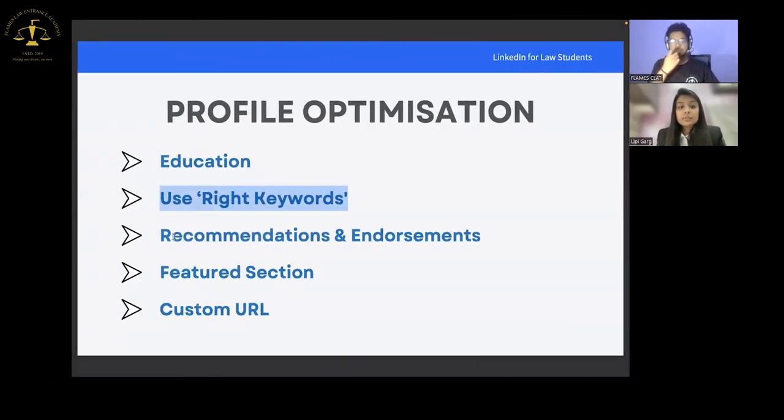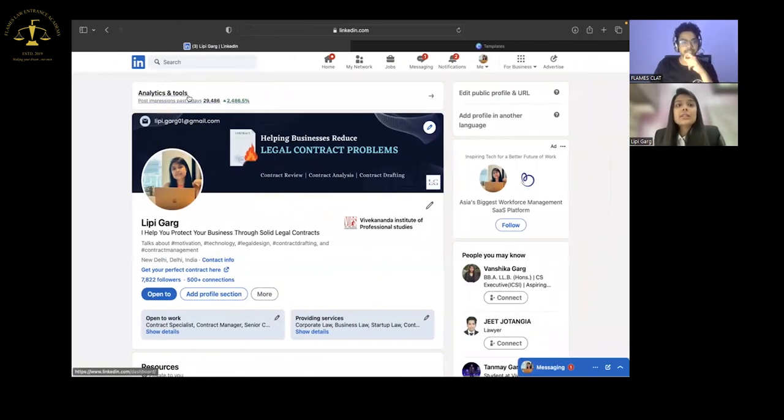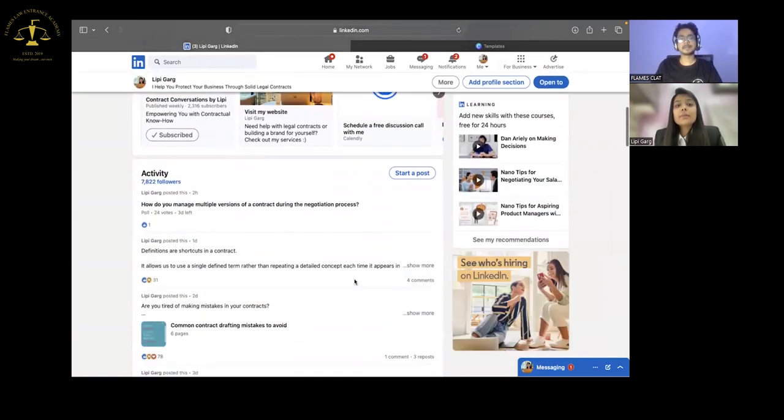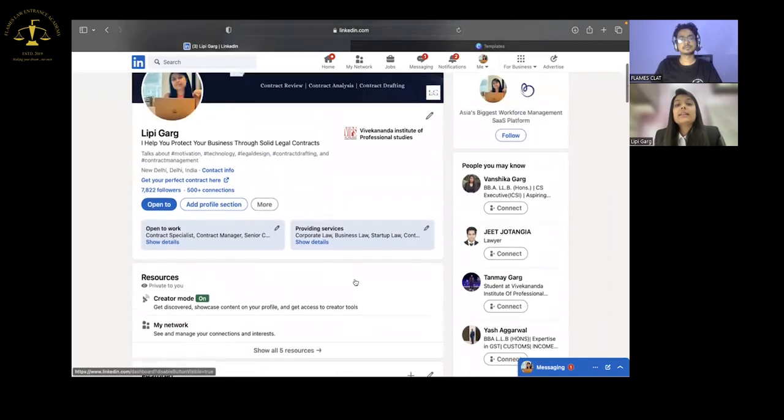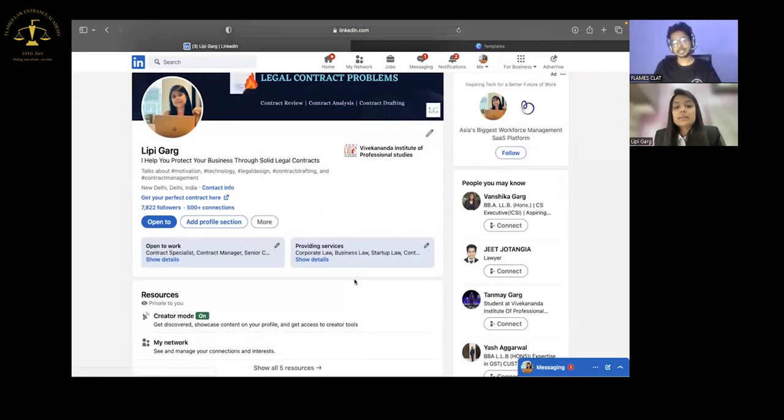So tell me. And on that profile we can also see what impression we are making, in the last 7 days, in the last 30 days. I can see that it is increasing. All that analysis you can see from here. Yeah, the 29,488 is increasing by 2,486.5%. It means that's the impression which you have created in the last 7 days. And for every post also you can see these analytics. So that also helps.